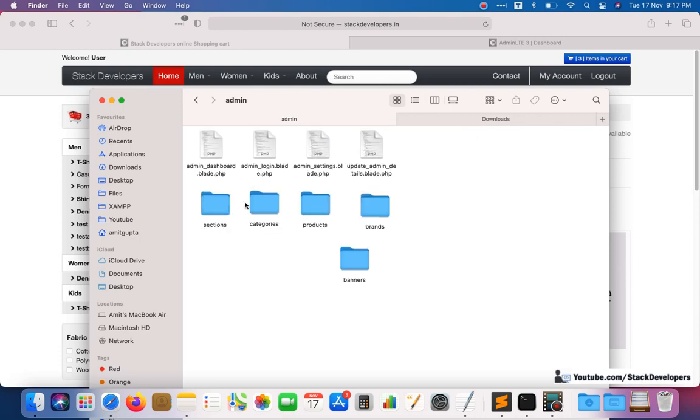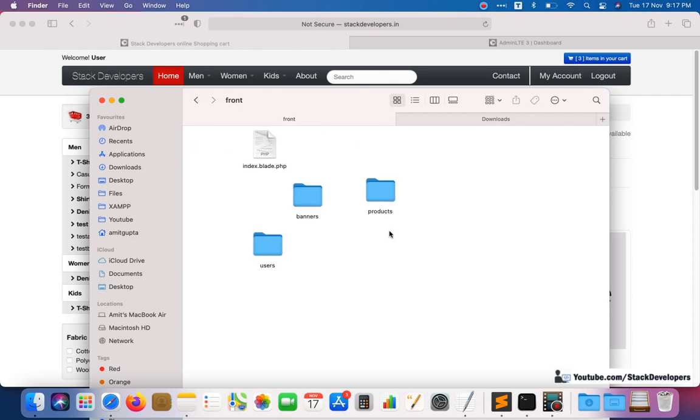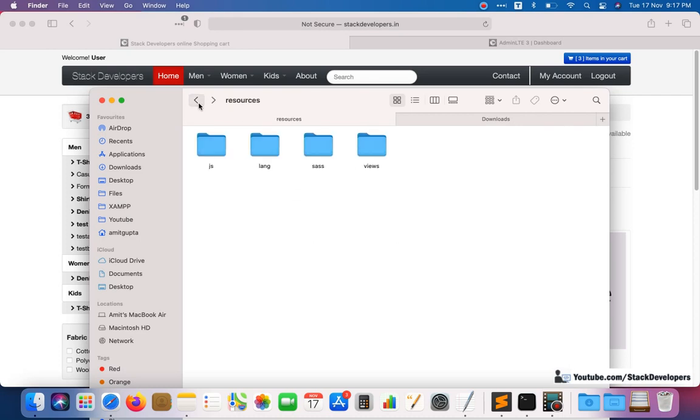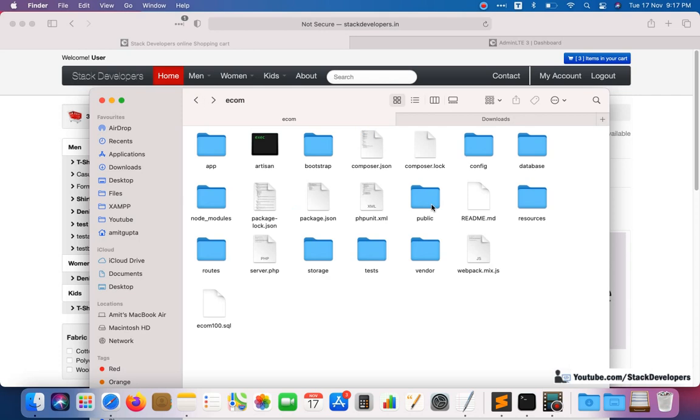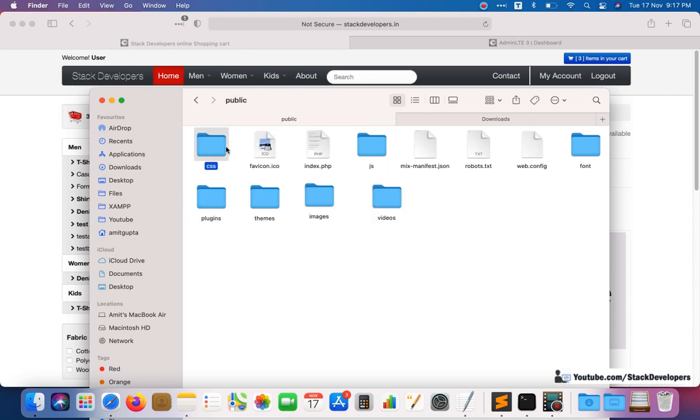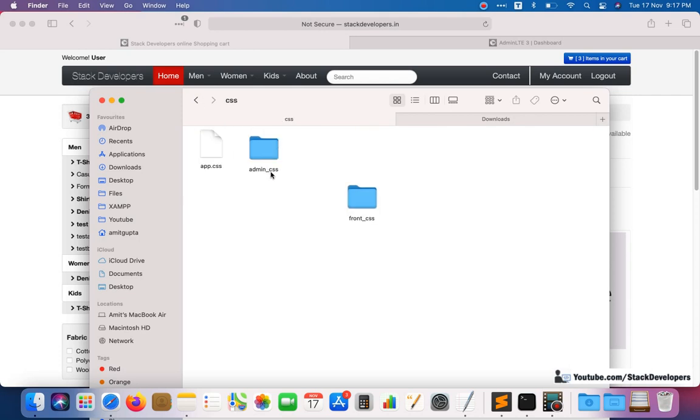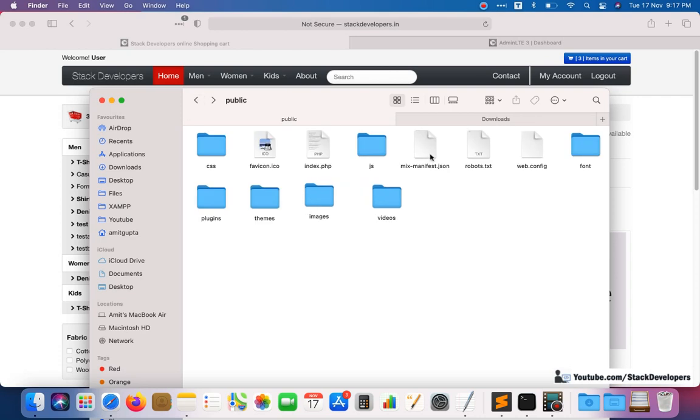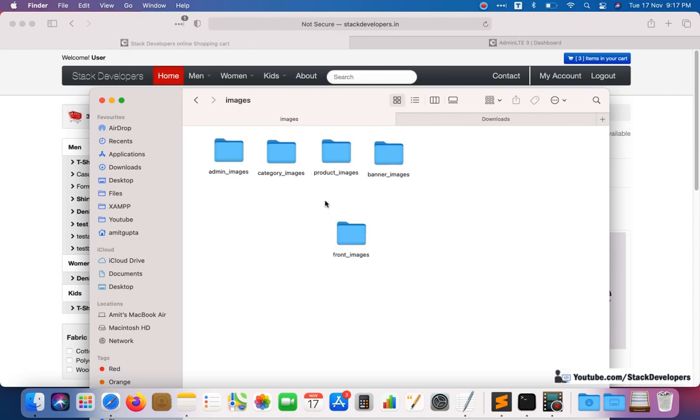The admin folder has all the admin modules, and front has all the front modules. So everything is systematic. In public CSS you can also see the admin CSS and front CSS, so all the files are in their folders. Nothing is scattered.